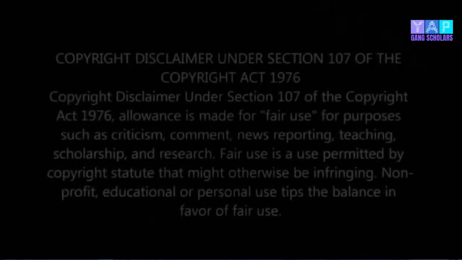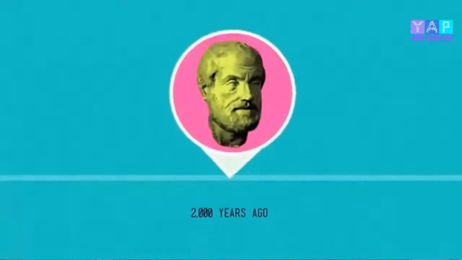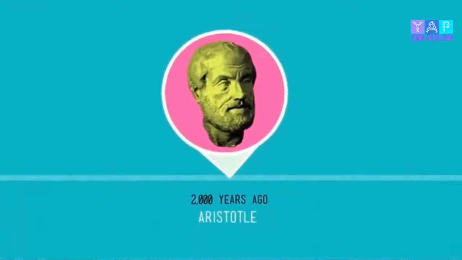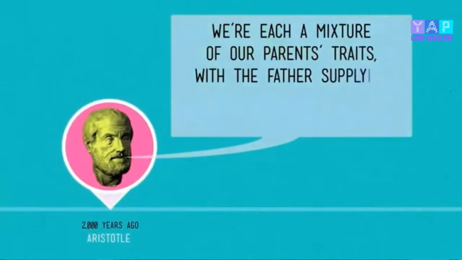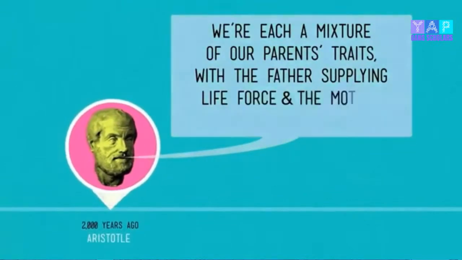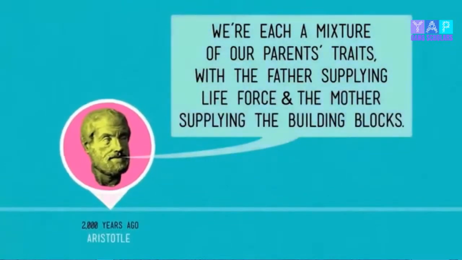And like John said, the study of heredity is ancient, although the first ideas about how the goods were passed on from parents to kids were really wrong. For instance, the concept that people were working with for nearly 2,000 years came from Aristotle, who suggested that we are each a mixture of our parents' traits, with the father kind of supplying the life force to the new human and the mother supplying the building blocks to put it all together. Aristotle also thought that semen was like highly purified menstrual blood, which is why we still refer to bloodlines when we're talking about heredity. Anyway, since nobody had a better idea, and since nobody really wanted to tangle with Aristotle,